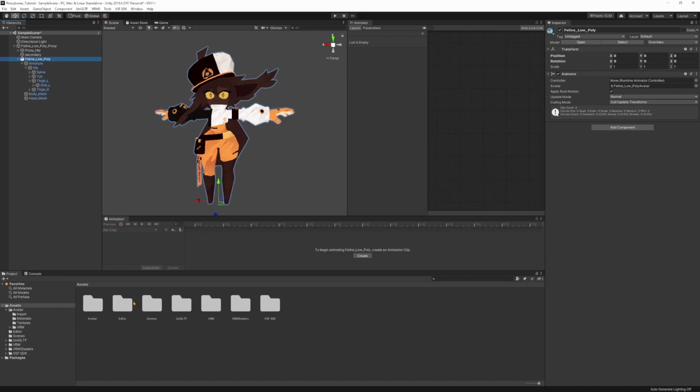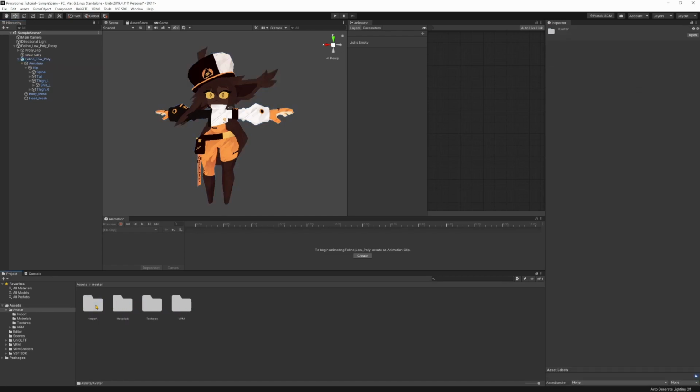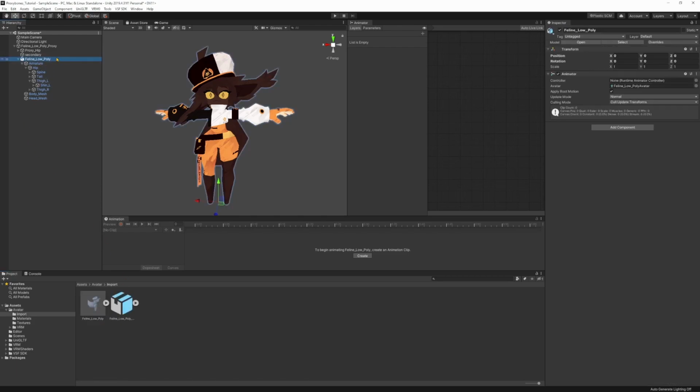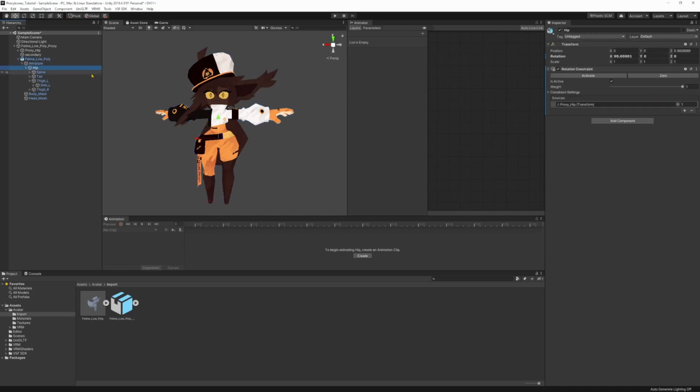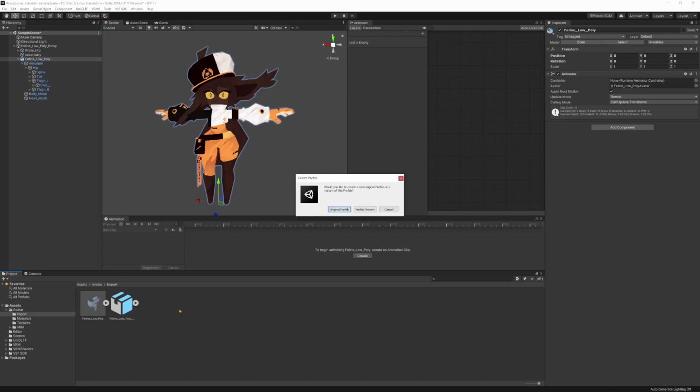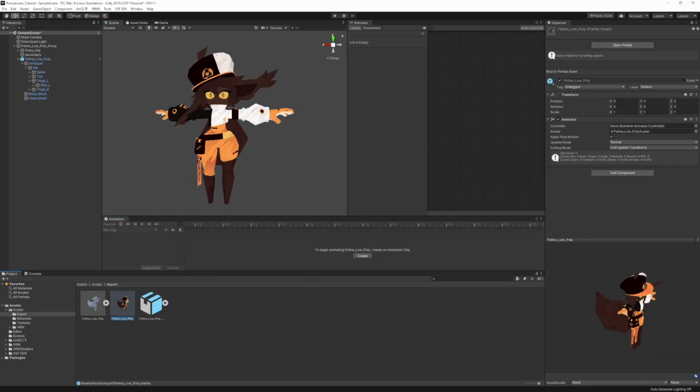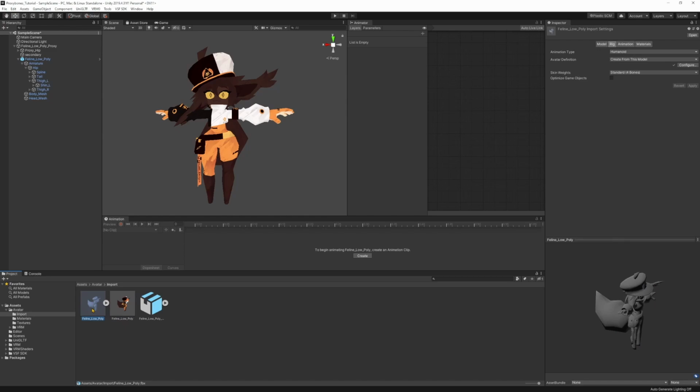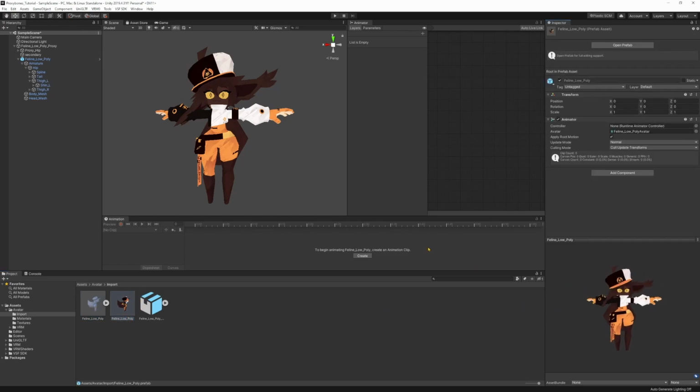Now, what you probably should do is make sure that this part here has its own prefab, because we actually want to make sure that we don't lose the rotation constraint later. So I'm just gonna drag that in here, call it an original prefab, and now we have it with our materials and everything. Now the good thing is, because we have an actual prefab, if we update this, like the mesh on this, or the blend shapes, or even the bones or anything, this whole visual instance here, the prefab, will also be updated, and we don't have to re-export it as a